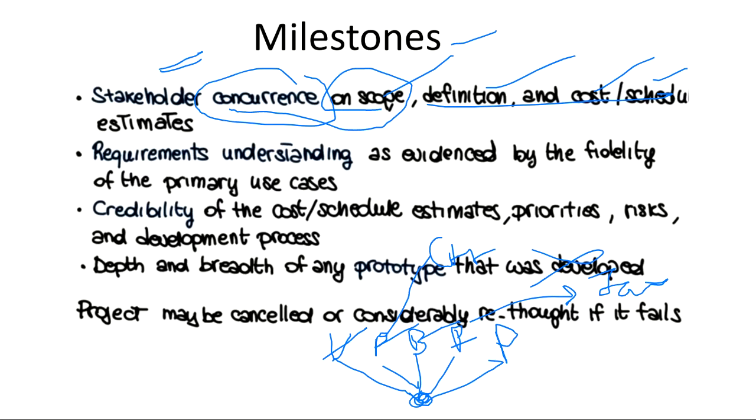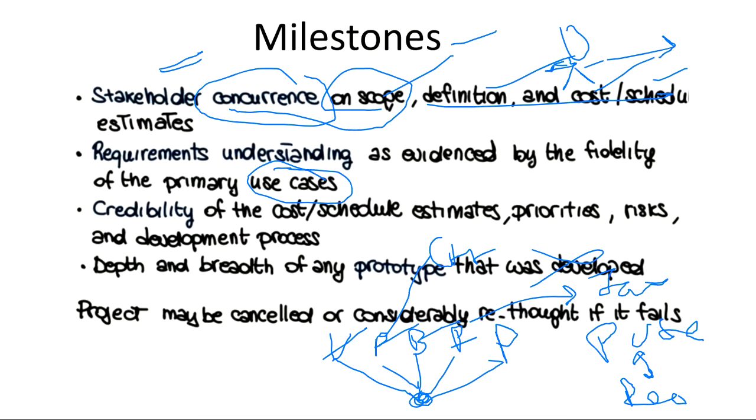Okay, requirement understanding as per the primary use cases. It simply means that whatever primary use cases you have created and what the user has asked you, the requirements, they should be the same, right? For example, if the user has asked you to create a system to order from Domino's, the use case you create will also be of the same type. You will not create a use case that orders pizza from Pizza Hut instead of Domino's. So there should be requirement understanding. What the user has asked, you have to create those requirements only as per the initial use cases.